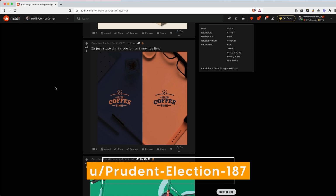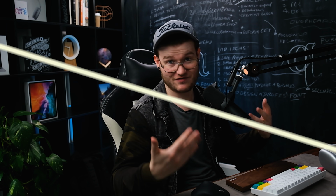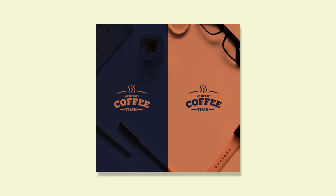It's just a logo that I made for fun in my free time. No worries, so it's a coffee logo. Let's have a look. First thing I'll say is I really like the aesthetic of it. It's really rustic, but it's modern at the same time. The colors in the background make it work very well. I like the color combination. Composition wise, I love